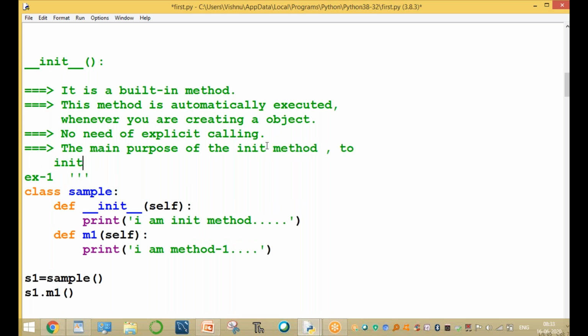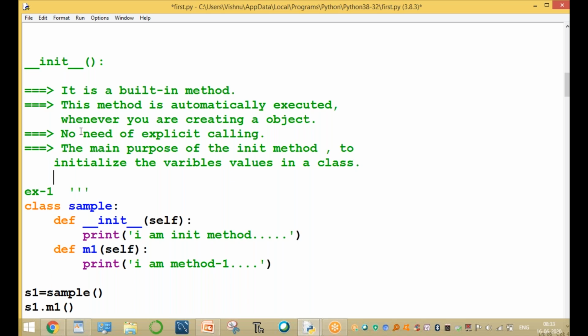INIT means initialize the variables, that is, the values of the variables in a class.